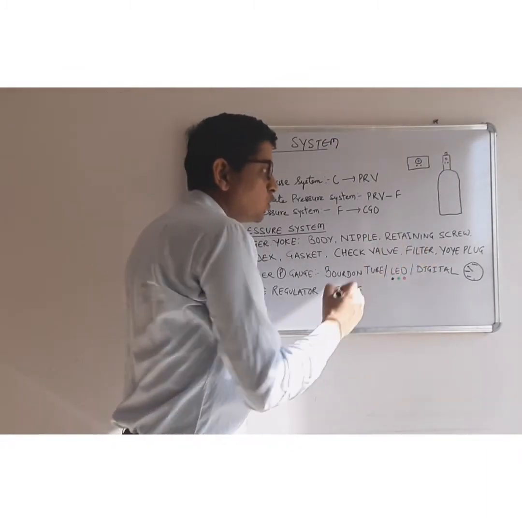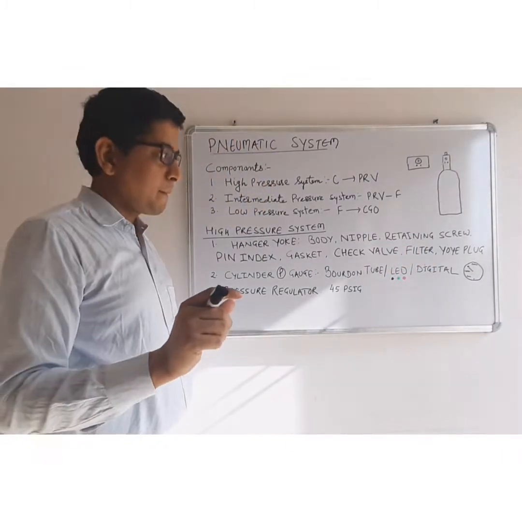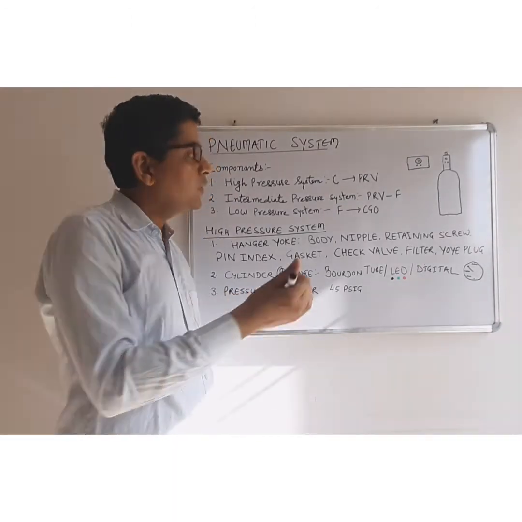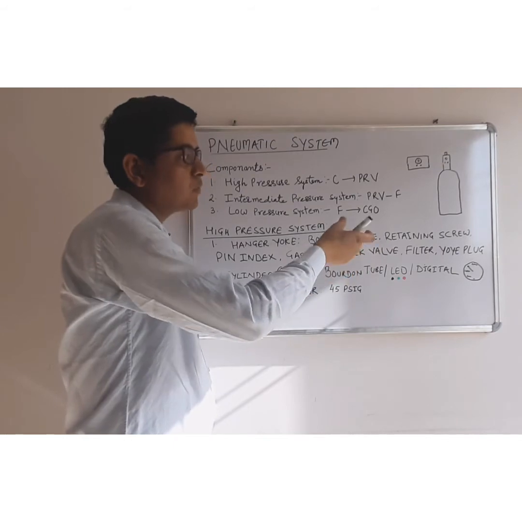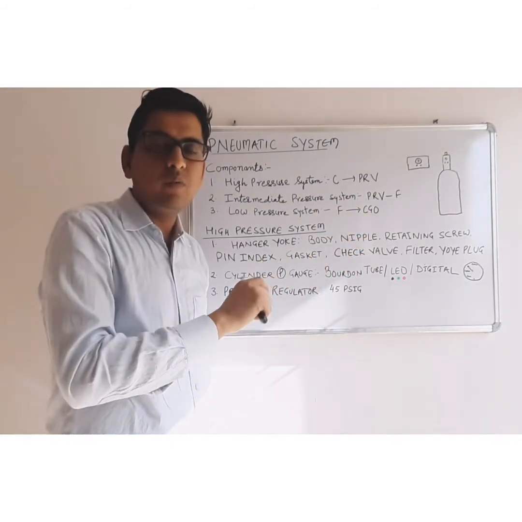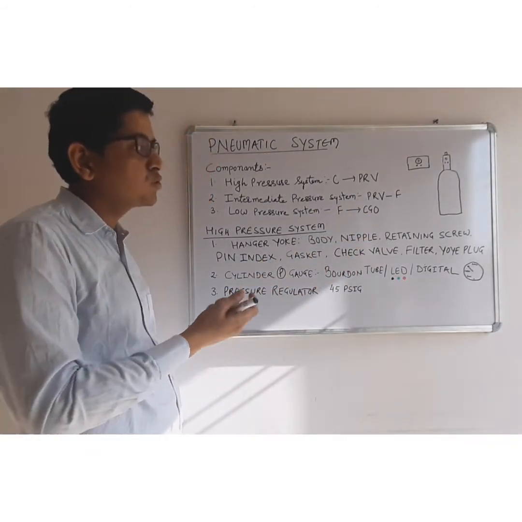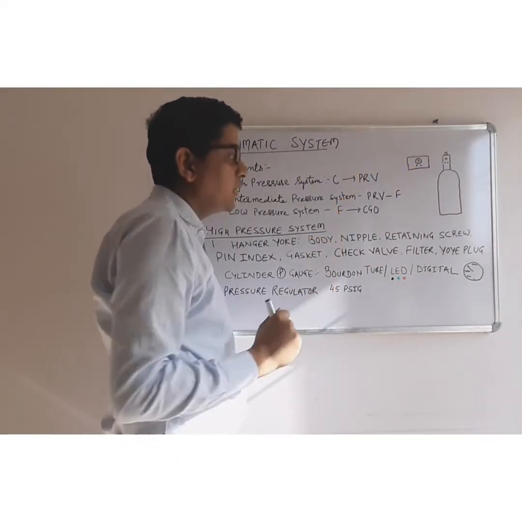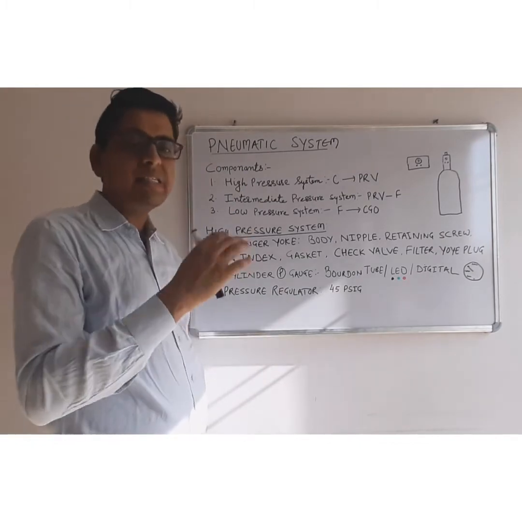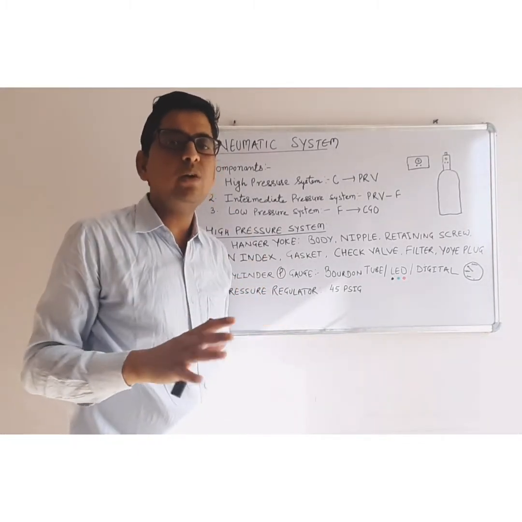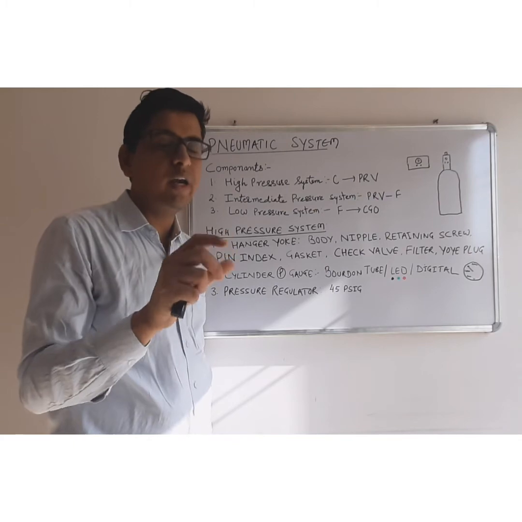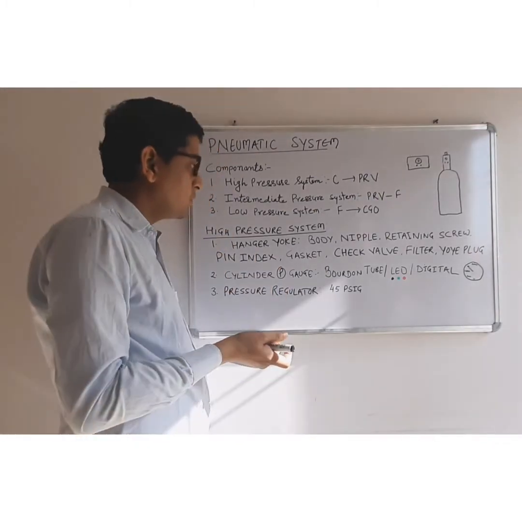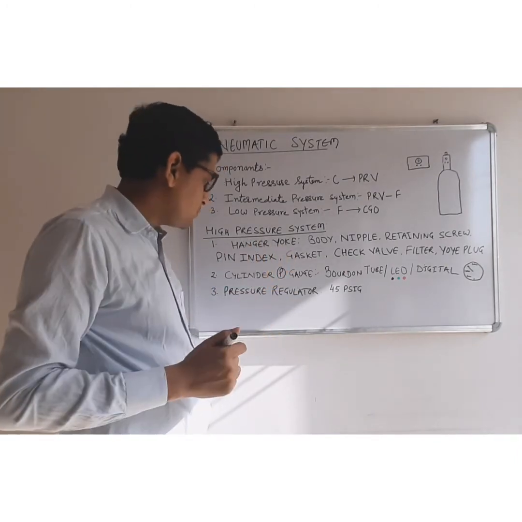Now next part is yoke plug. It is a metal block. So in the case when we are not using the cylinder, we attach this yoke plug with the nipple and we tighten it with the retaining screw, so there will not be any exit of the gases from this nipple. So when we are attaching the cylinder with the machine, we never use any oil or grease, otherwise there will be fire at the time of attachment of the cylinder.